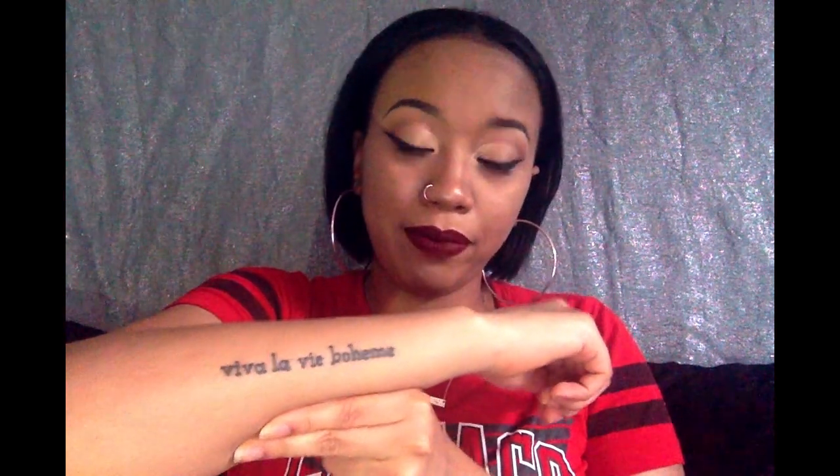My second tattoo was this. It says Viva la vie bohème. And like some of you may know, that is from the movie or play Rent. So Rent is my absolute favorite movie. Like every time I watch that movie, it suddenly becomes a